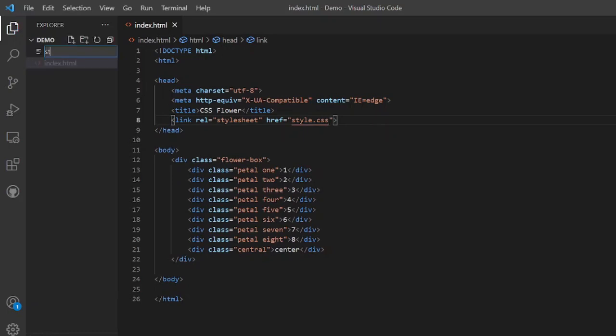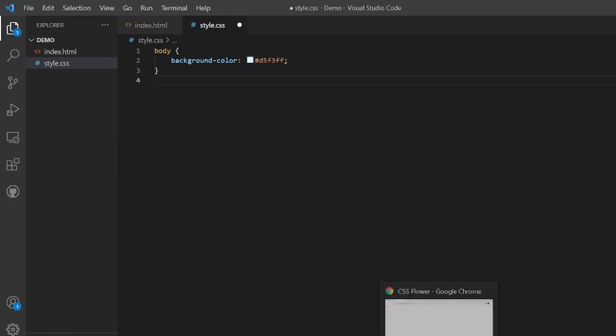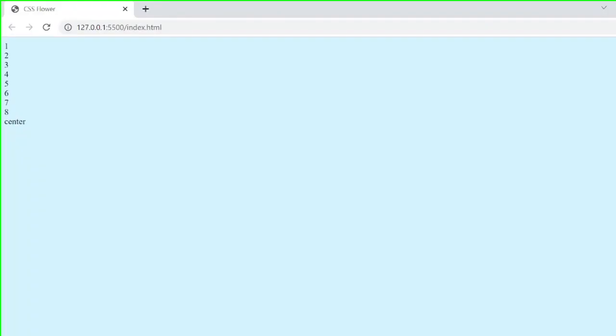Make a new file, name it style.css. Now let us begin the designing of the CSS. First of all, let us give our body a background color of light blue and save it. So in the prompt you can see that we have the output as such.